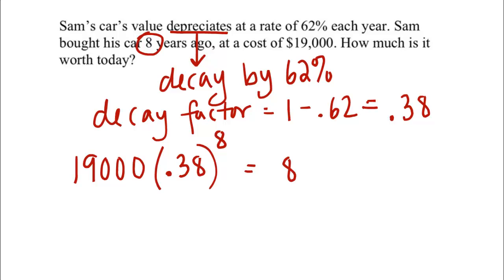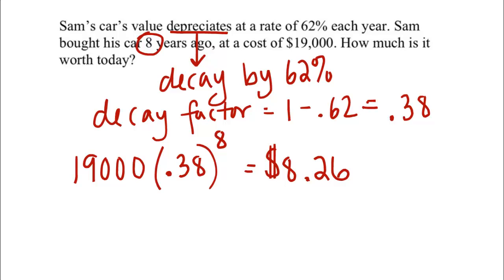8.260, etc. So I'm going to round to the nearest hundredth because we're talking about a car's value. So it makes sense to have cents in there. I can call that $8.26. We can have hundredths of a dollar, so I think it makes sense to round to 2 places after